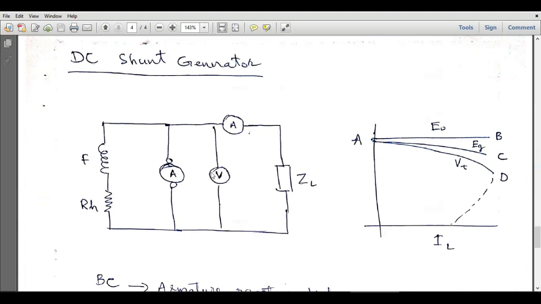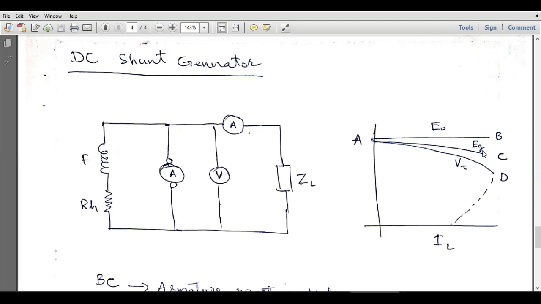This is the voltmeter which is connected in parallel with the armature, and we have an ampere meter also over here, and this is the load impedance. So here again, this is our no load voltage. As we increase the load current, we will observe a reduction in the output voltage. And these are the internal characteristics, these are the external characteristics, and clearly the induced EMF will decrease as IL